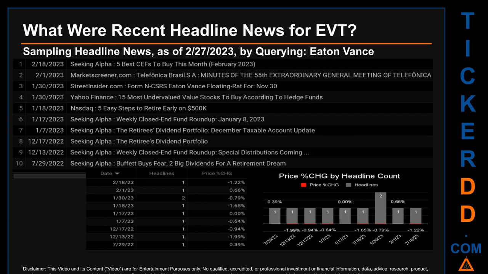Today, Monday, February 27, 2023, I sampled one of our news aggregators for latest headlines for this ticker. I did so by searching specifically by a keyword that may appear, broadly, in the title or the body, of discoverable news articles. The keyword that I used was the entity name for EVT, which is Advanced Tax Advantage DIVDNDINCMFND. The results show 10 unique headlines, published across 9 unique dates.